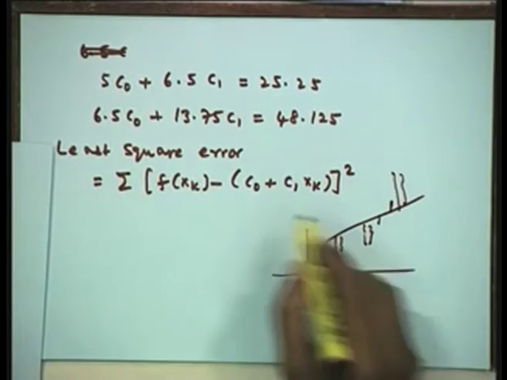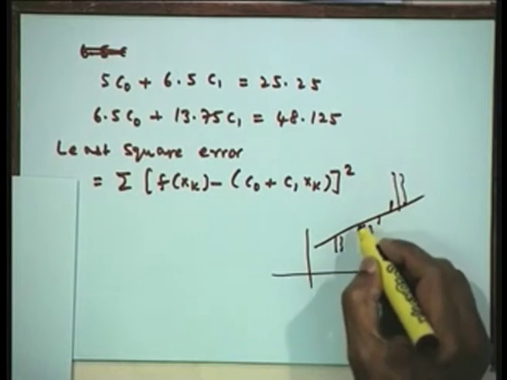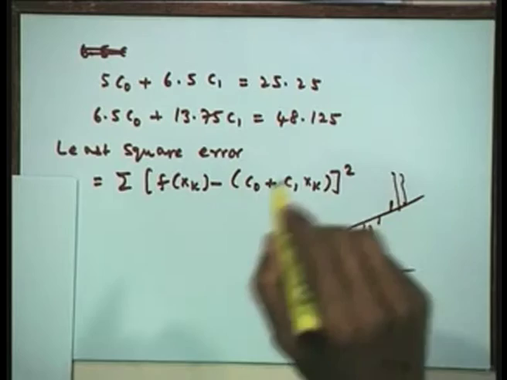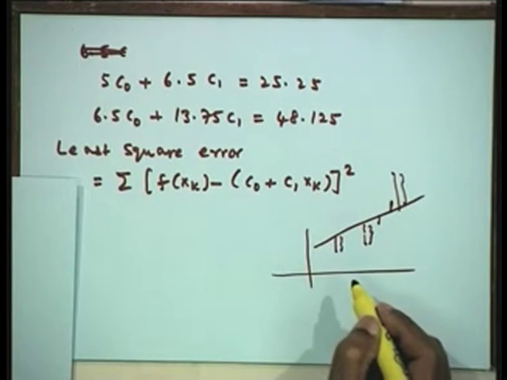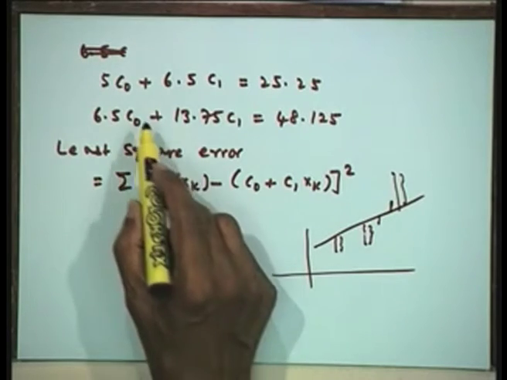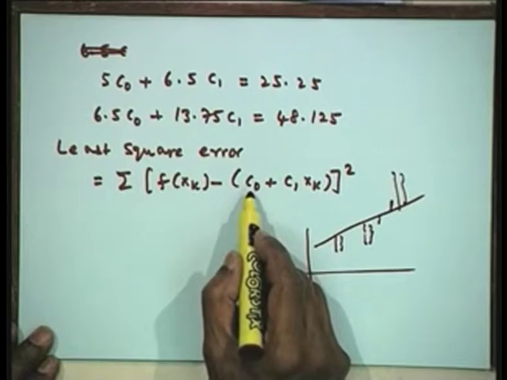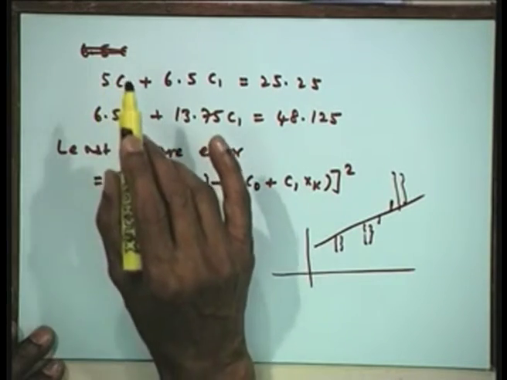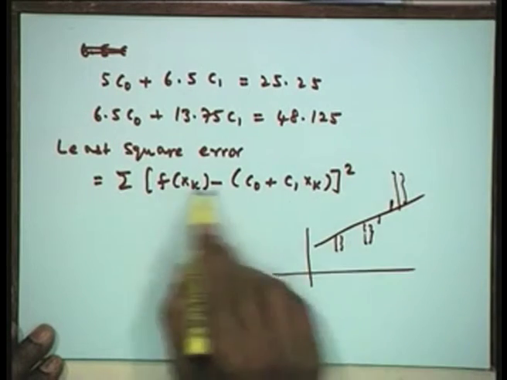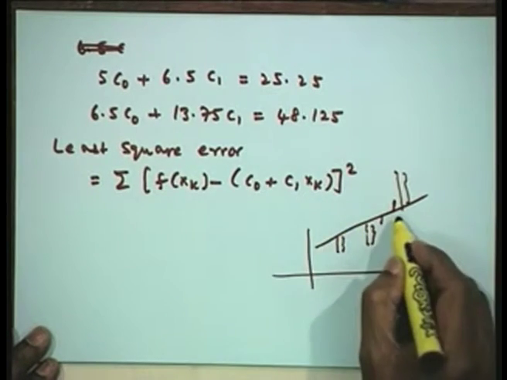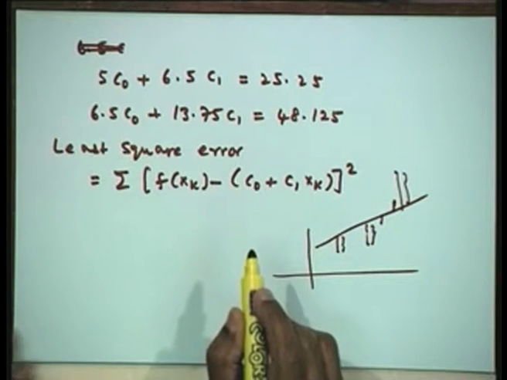So, we are not fitting this function exactly for this data, it is an approximation to the function which must be representing that particular data. That is why we have this least square error in the problem, and this is the best approximation because we have minimized the sum of the squares of the errors. Therefore, we have got the best value of C naught and C 1 which minimizes this least square error. If you take any other straight line, we would get an error which is larger than this particular error because this is minimized.